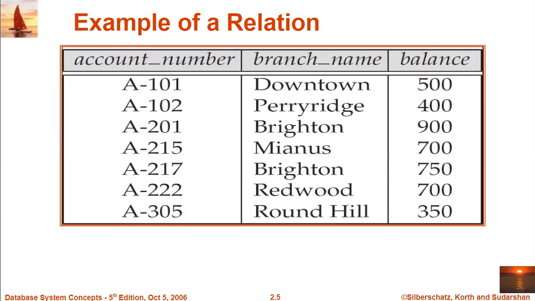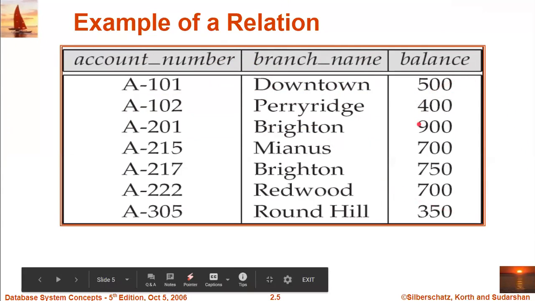Now this is the example relation that we will be using. In this relation we are having three columns: account number, branch name and balance. And this is basically for accounts purpose. These are the account numbers, and this account is being held by a customer at branch name Downtown, and the balance is 500. Then account number A102 is held by a particular customer from the branch Paris, and the balance is 400 in this case, and so on.